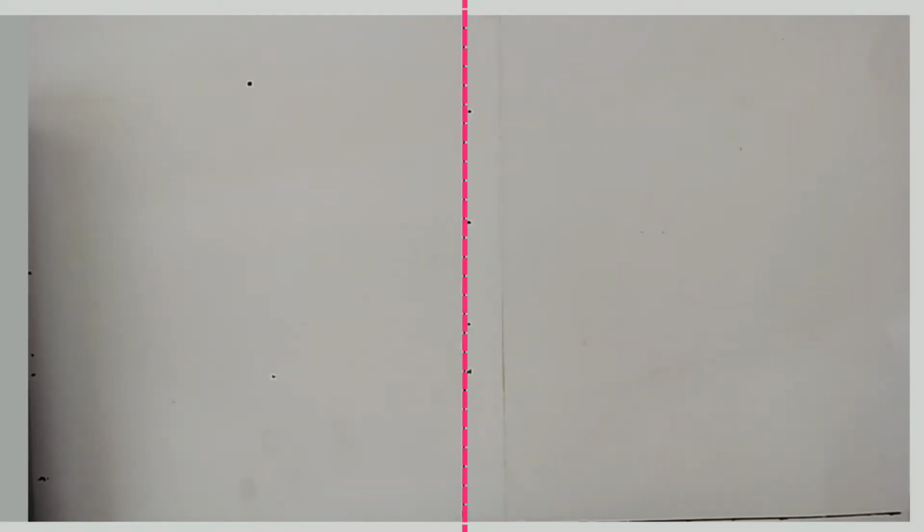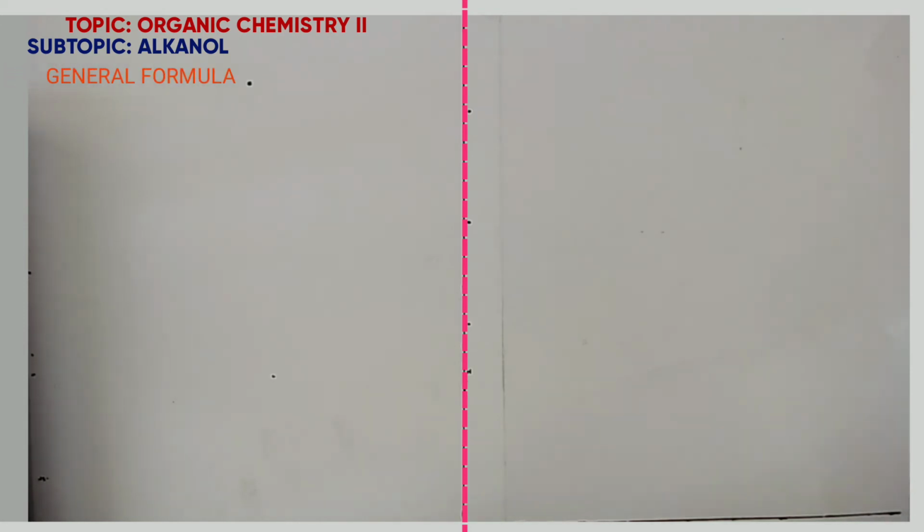Welcome learners. Our lesson today is Organic Chemistry 2. We're going to look at alkanols. That is, we're going to look at nomenclature, isomerism, and preparation. So the first one, look at the general formula of alkanols, which is given by